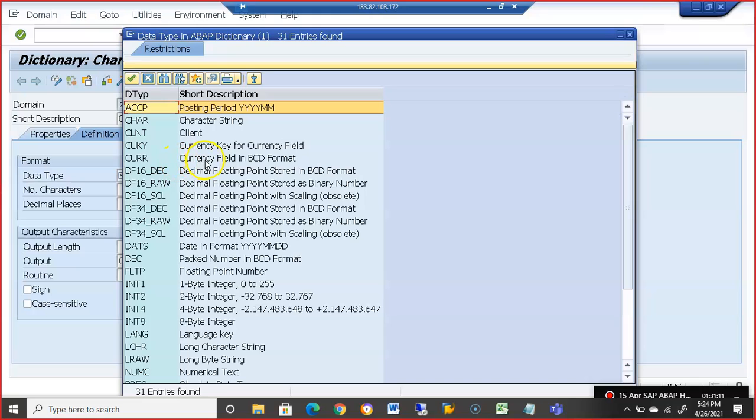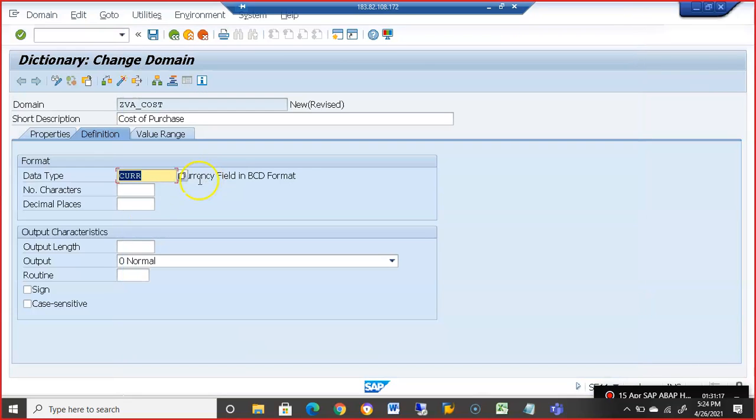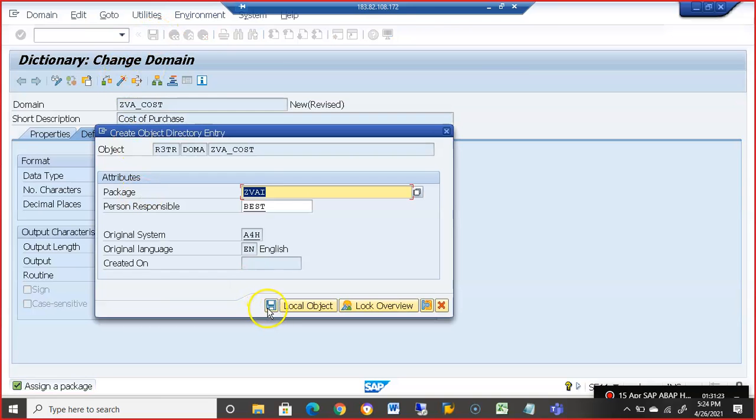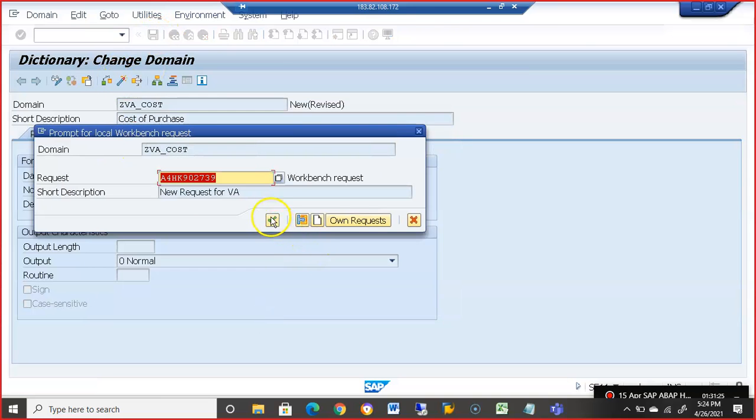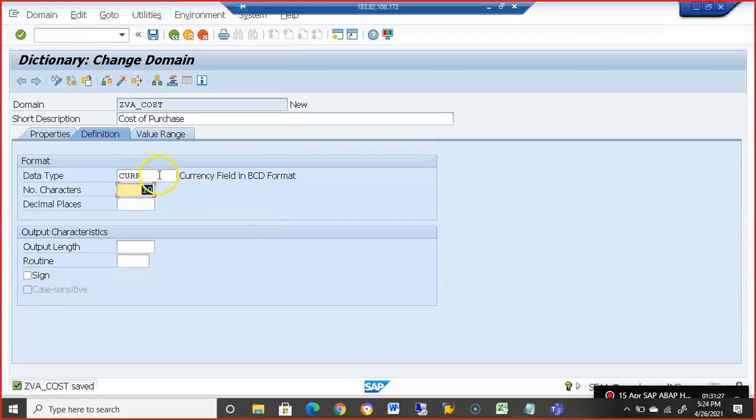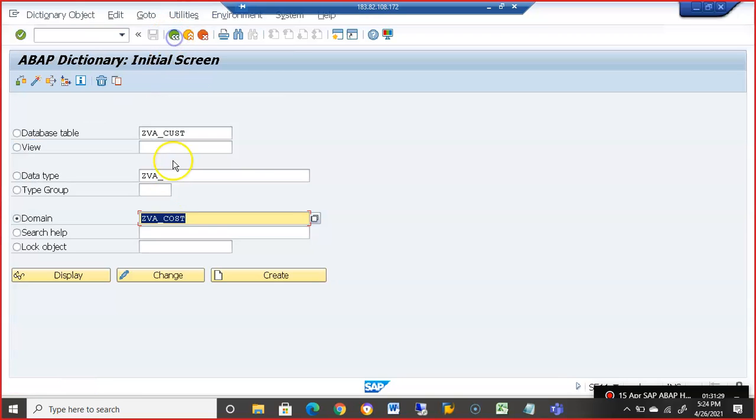Here currency. This is currency key. This is currency, CUR. So we need to give currency, and length is something like 10. Save. The moment we give a field of type currency, it's mandatory for us to give the currency key as well, which we'll see.